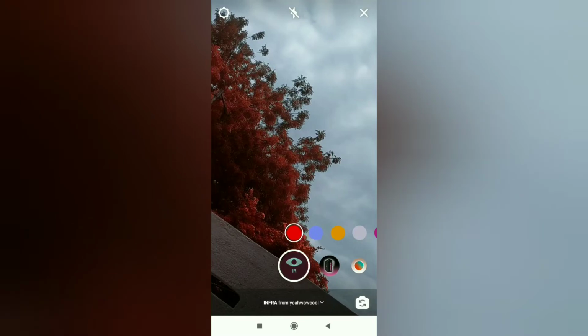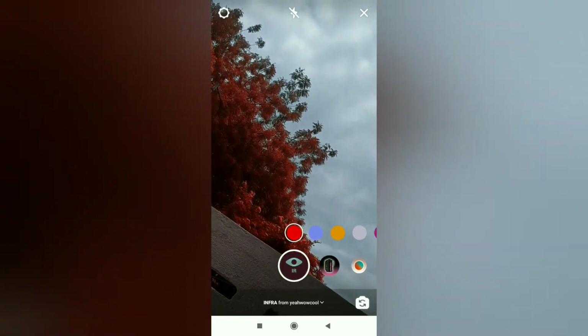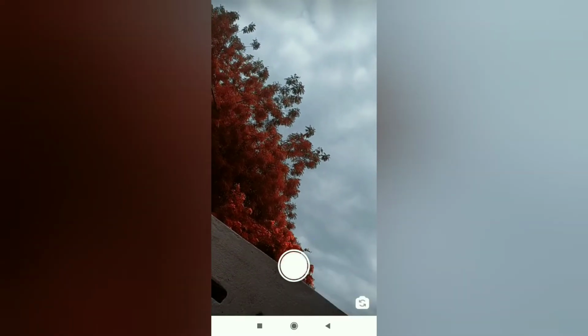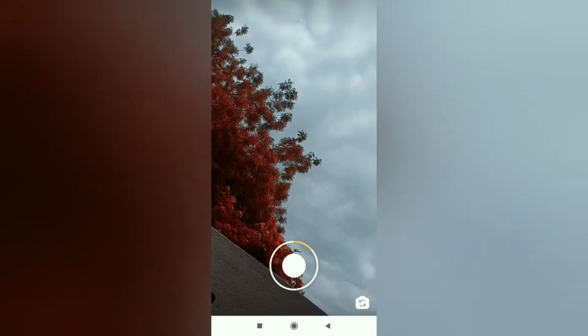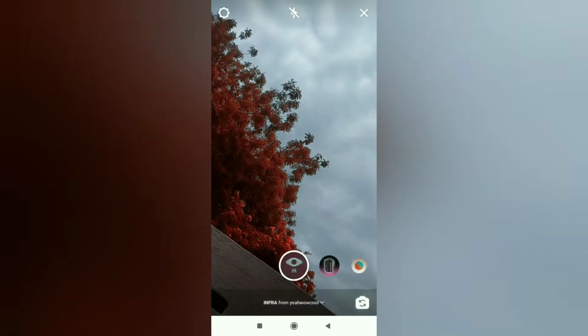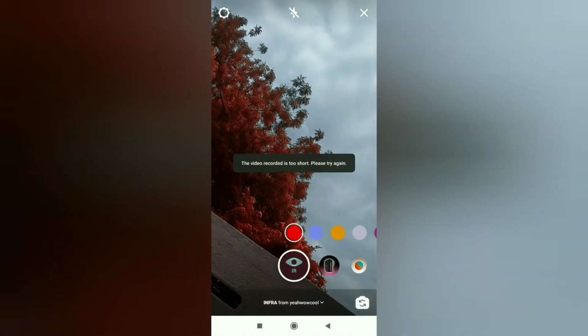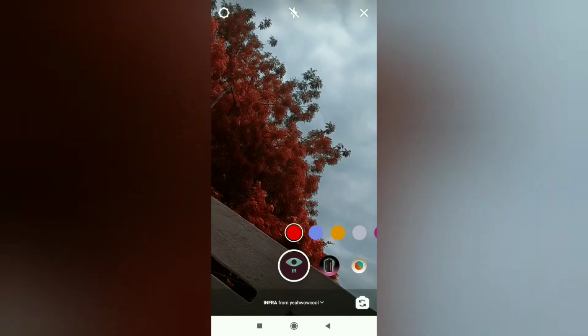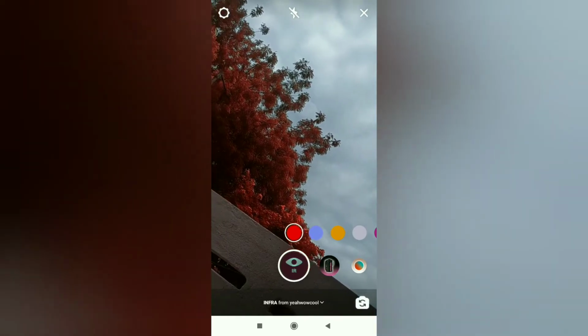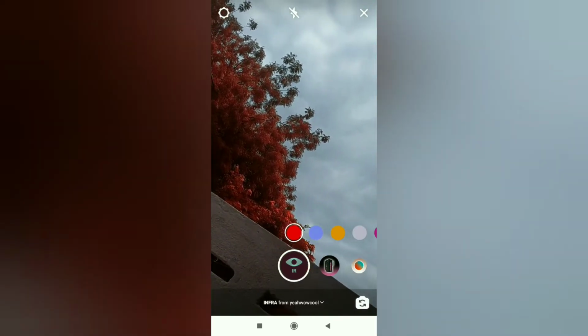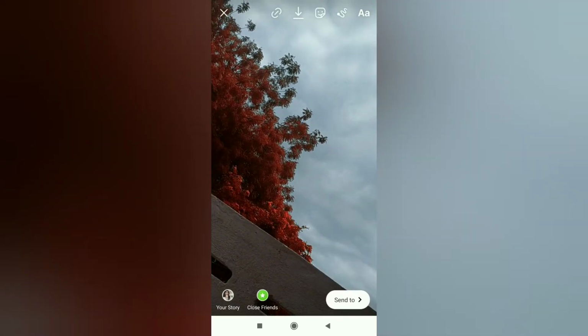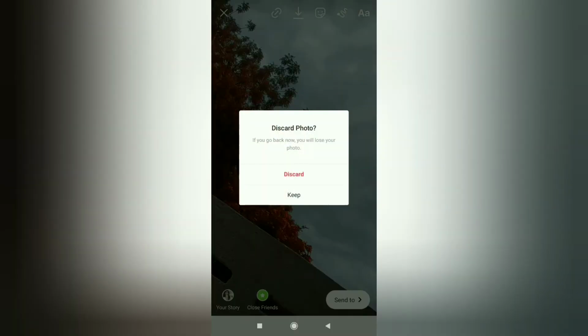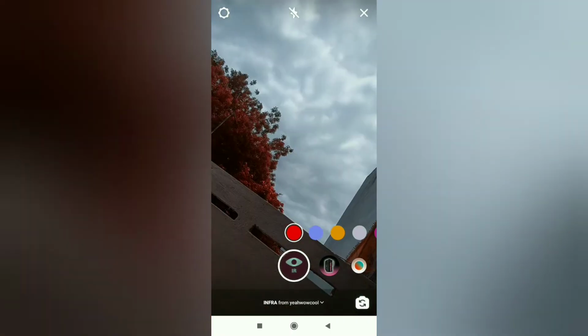If you would like to take a video under this background, you can simply long press on this tab, and a video will be captured. You can just long press this for a long time so that the video will be captured perfectly. Or else if you would like to just have a picture of it, you can just click on this one and a picture will be captured. In the same way, I'll be showing you all the different effects that we have here.